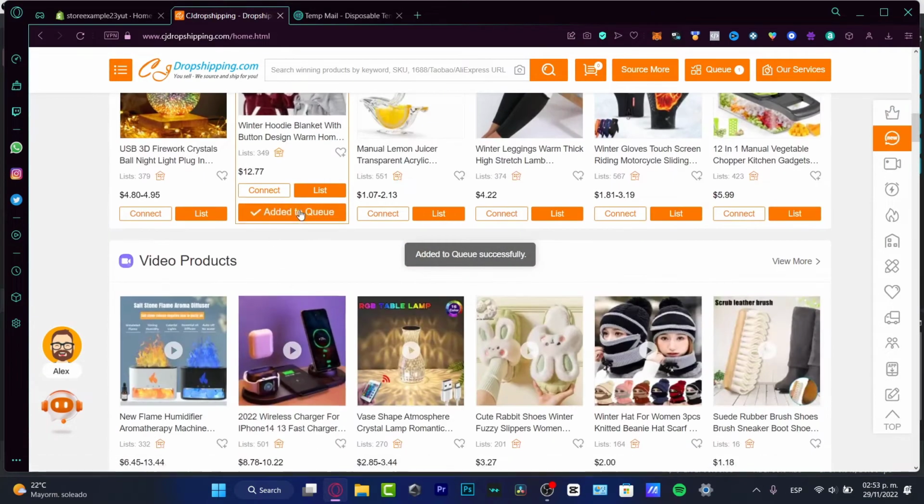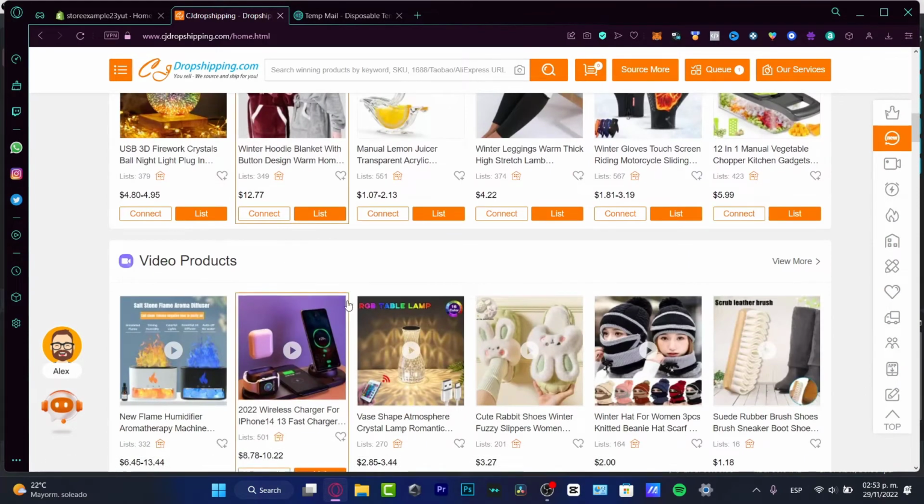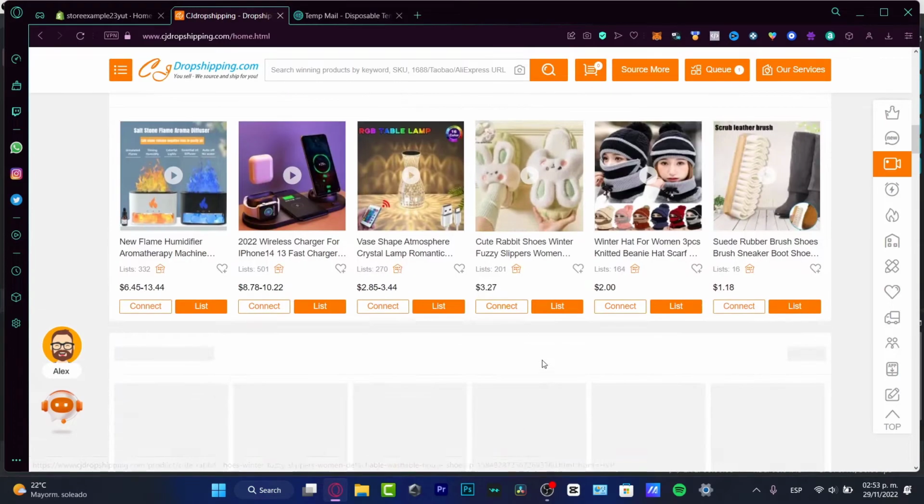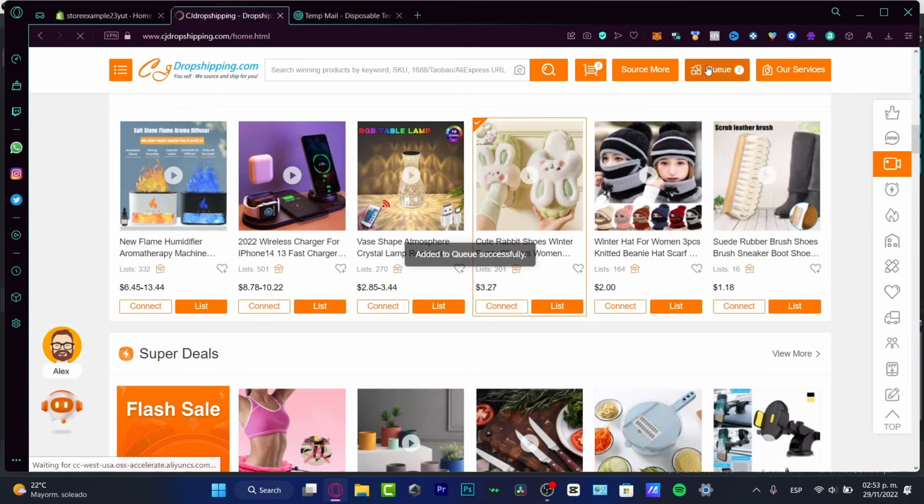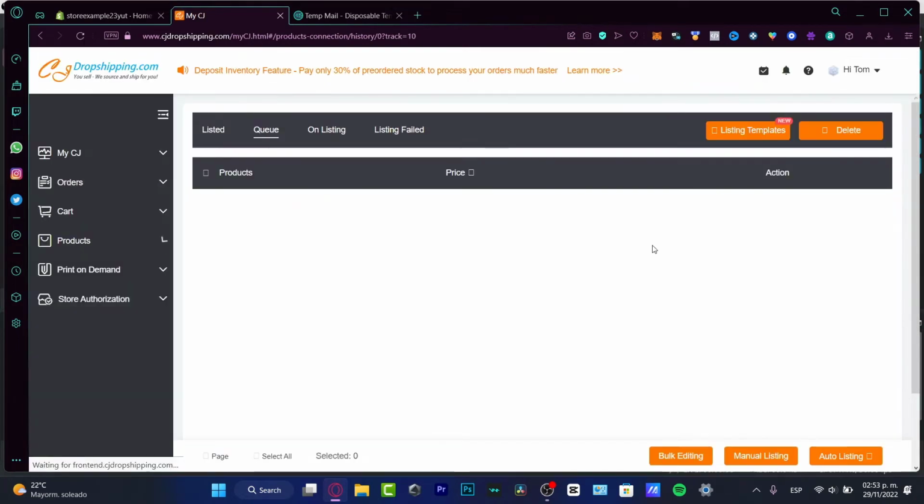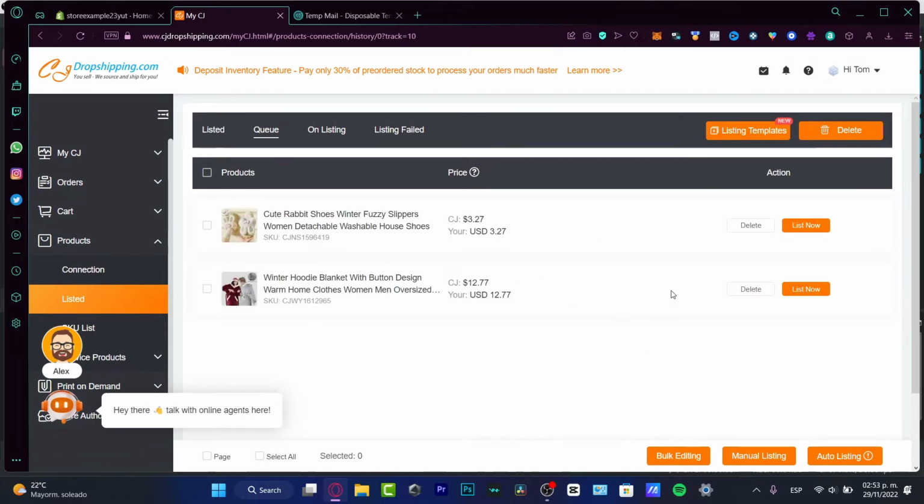And if I want to add something else related to the thing that I just added, let's say for example these fuzzy slippers, I'm going to hit add to queue. So here in the queue, I have only 2 products. What I want to do is customize these products in order to list them in my store. So if I choose list now,